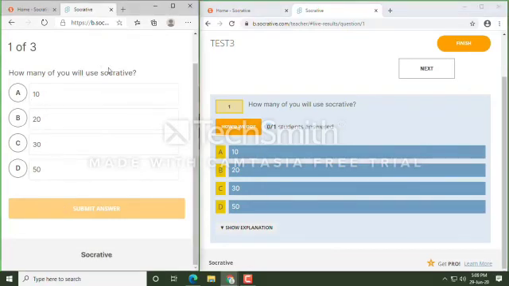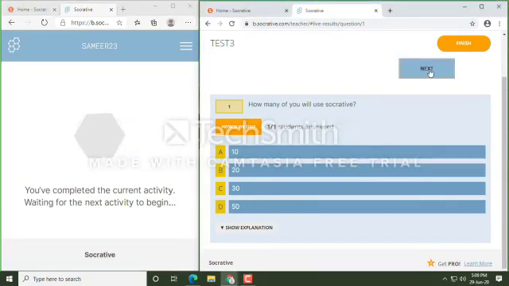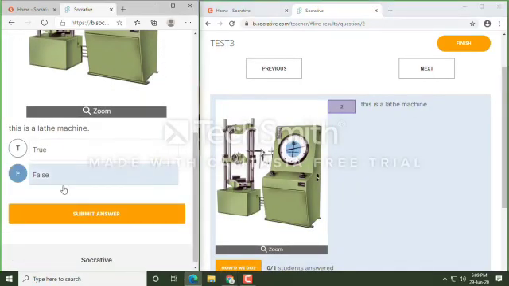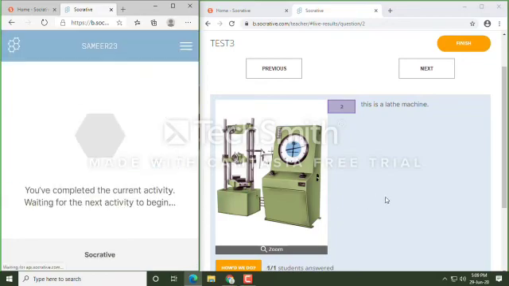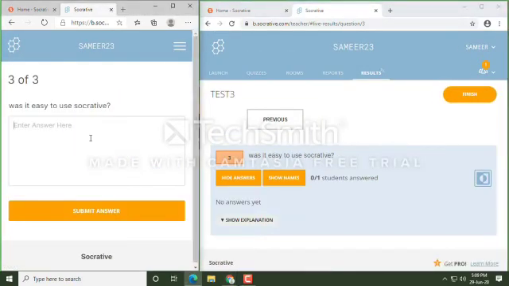Now I shall answer this question from the student side like this. Submit it. 1 of 1 has answered. Then press the next button for the next question. Submit answer. The student has submitted the answer. Press the next button for the next question.